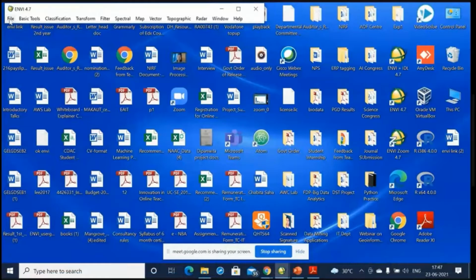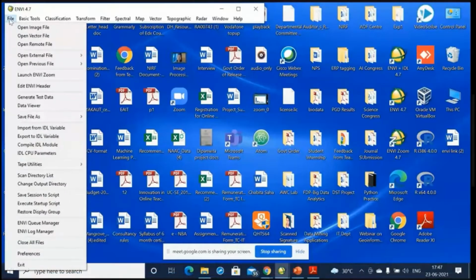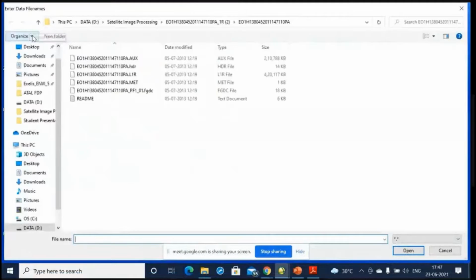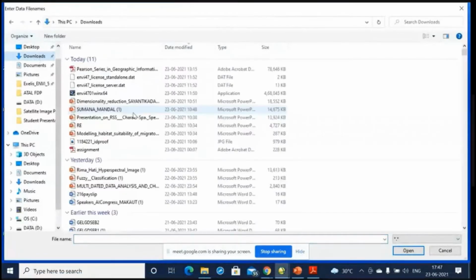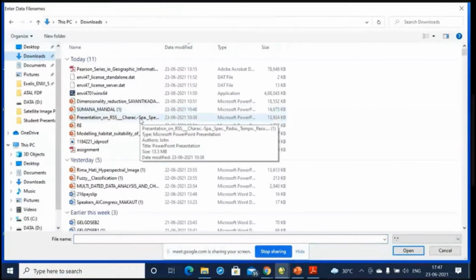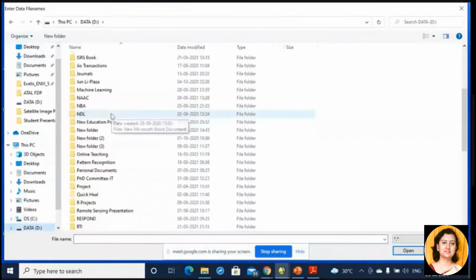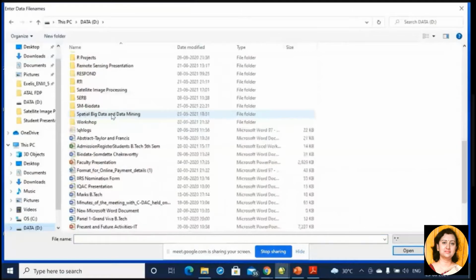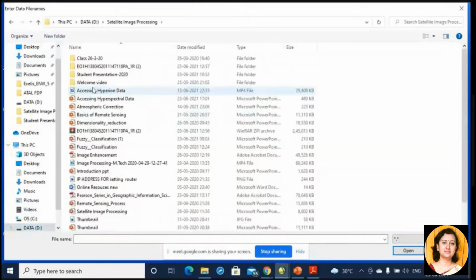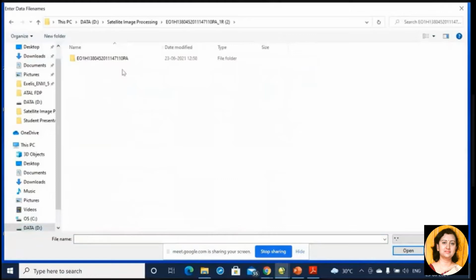You open ENVI, open the image file. Where I have downloaded the image, I have extracted its contents.